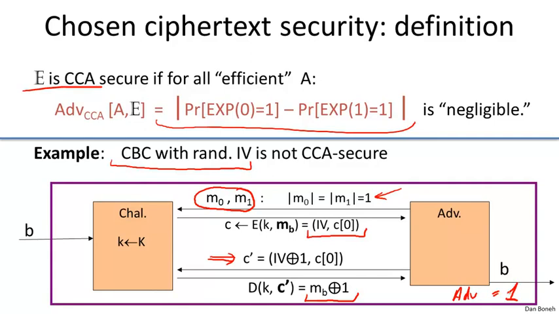If you think about it for a second, you'll see that this attack game exactly captures the first active attack that we saw, where the adversary slightly changed the ciphertext that he was given, and then got the decryptor to decrypt it for him, and therefore was able to eavesdrop on messages that were not intended for the adversary. I want to emphasize again that this chosen ciphertext game really does come up in real life, where the adversary can submit ciphertext to the decryptor, and the decryptor can reveal information about the plaintext, or can give the plaintext outright to the adversary for certain ciphertext, but not others. So this is a very natural notion of security, and the question is, how do we design crypto systems that are CCA secure?